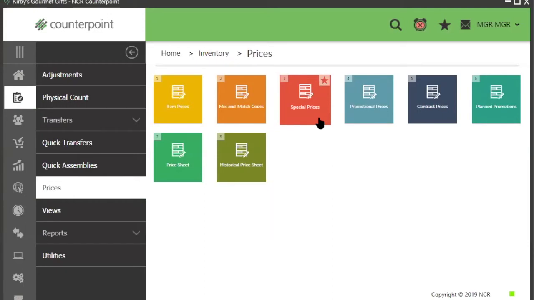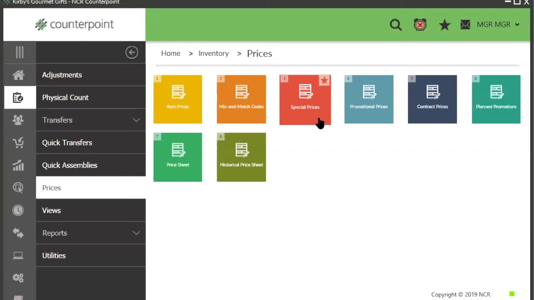And the way the programming works in point of sale, when you have the touchscreen open, is you put an item on the sale in the ticket. The program will go out and look for a contract price that applies. If it doesn't find a contract price that applies, it looks at promotional. Doesn't find promotional, it looks at special. Doesn't find special, it does price 1. It applies price 1. So, that hierarchy is important to know, because you could have contracts that would be